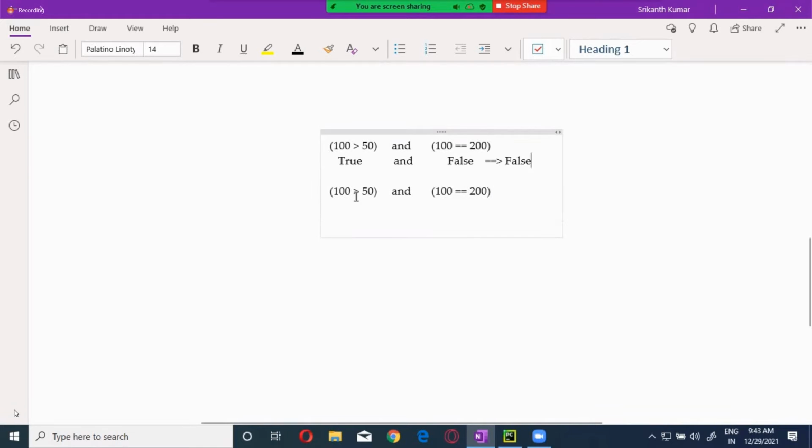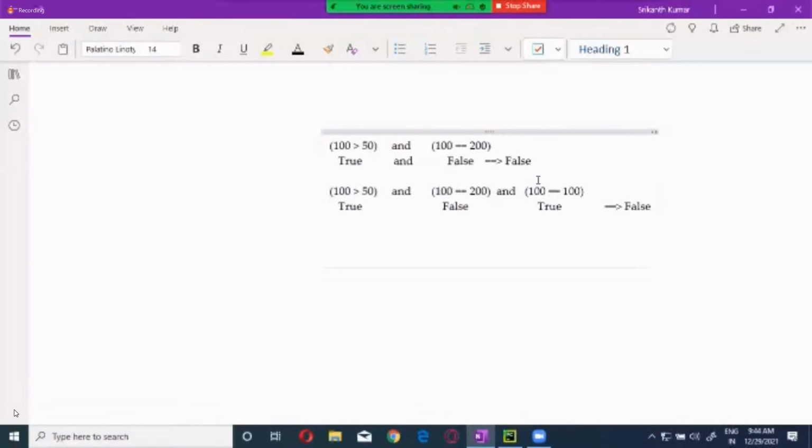Now, if I am having three statements, just imagine: this is the first one, this is the second one, and the third one I'm taking as true, 100 is equals to 100. There are three conditional statements here. You know what a conditional statement is. The output of the first is true, this one is false, and the last one is true, and all of them are connected with the logical operator AND. Whenever you use multiple conditional statements connected with the AND operator, if any one is false, the total outcome will be false only. So here the total outcome will be false.